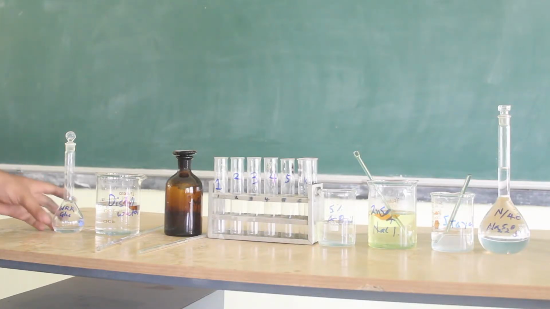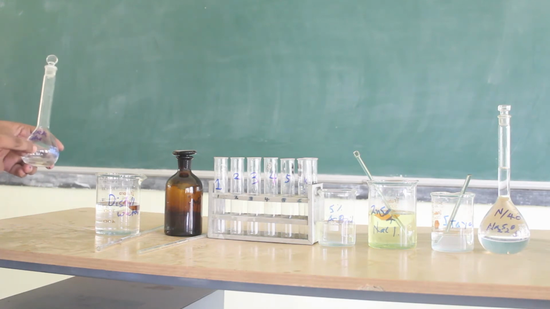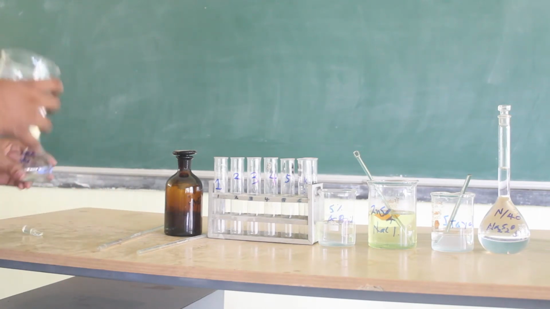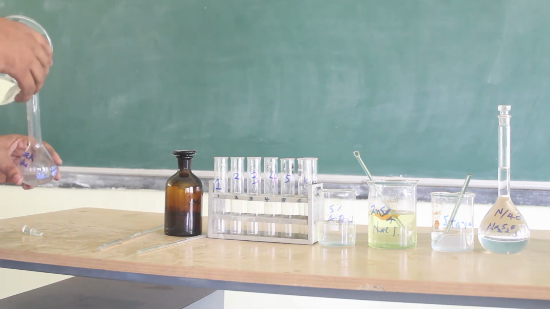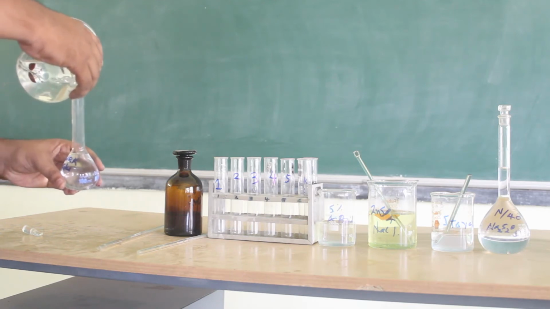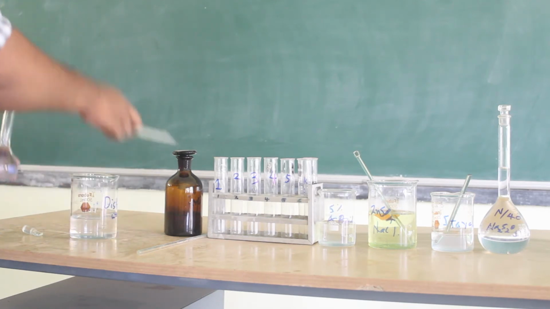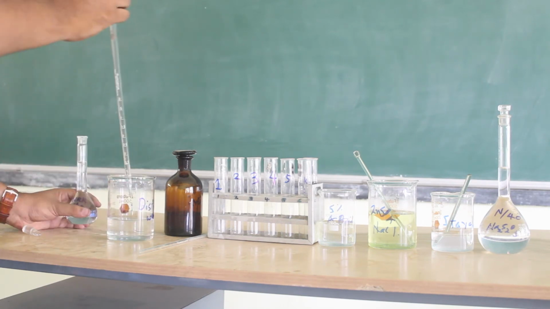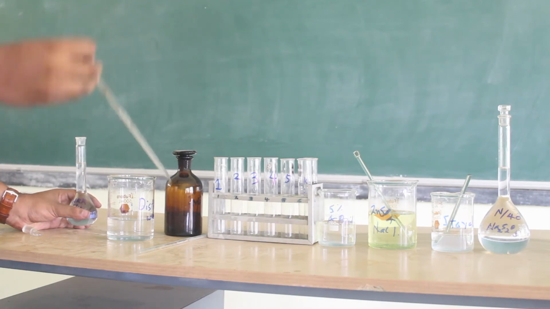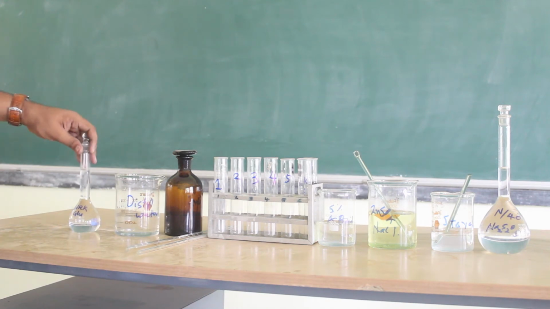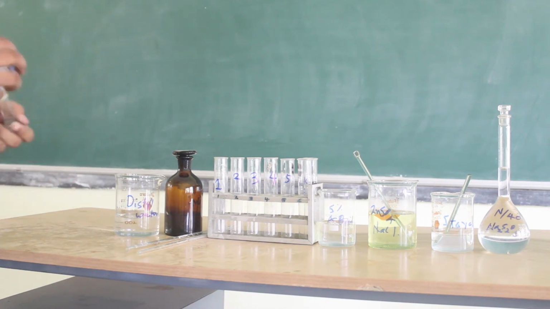Now for the experiment, let us make up the given 10 ml reducing sugar solution to 100 ml in the standard flask using distilled water. Once you have added distilled water almost up to the mark, add water dropwise in order to make up the exact 100 ml standard solution of glucose. Then close it using a stopper and shake well for uniform concentration.